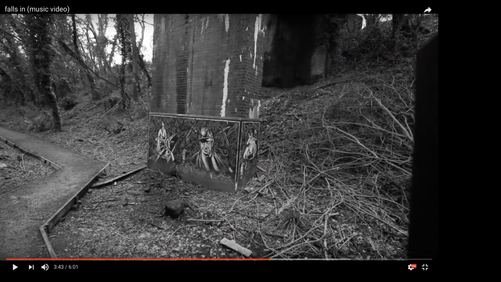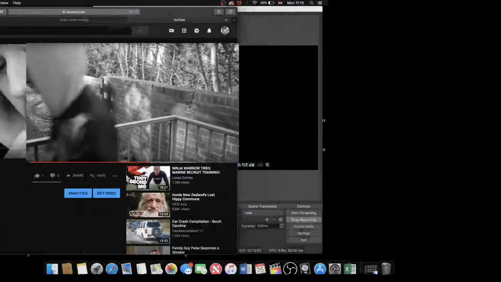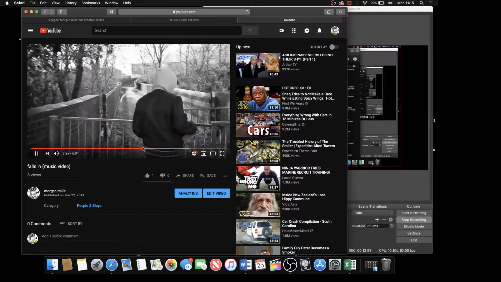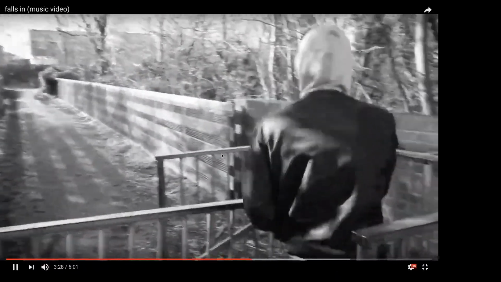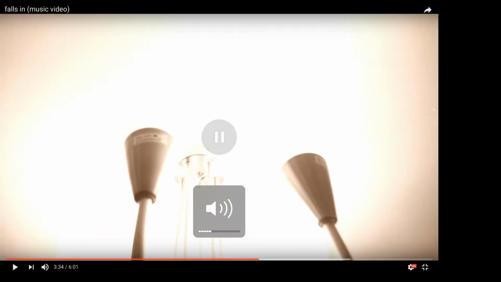Now, the reason I've left this so late to mention it is because I wanted to wait for that transitional shot. If I could just go back to it. I wanted to go back to this transitional shot because you've probably noticed throughout the entirety of this film,